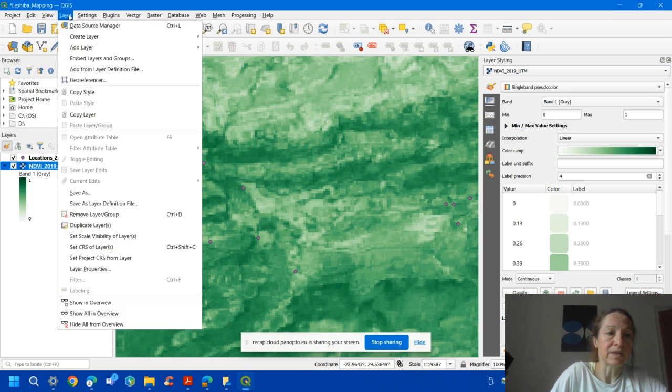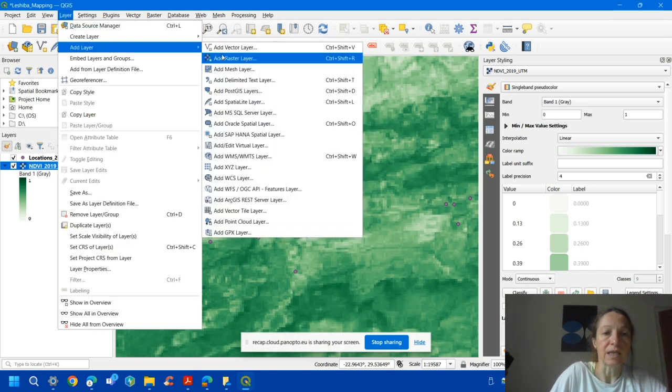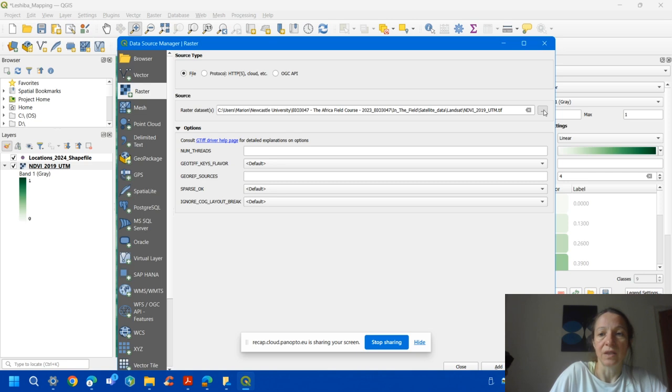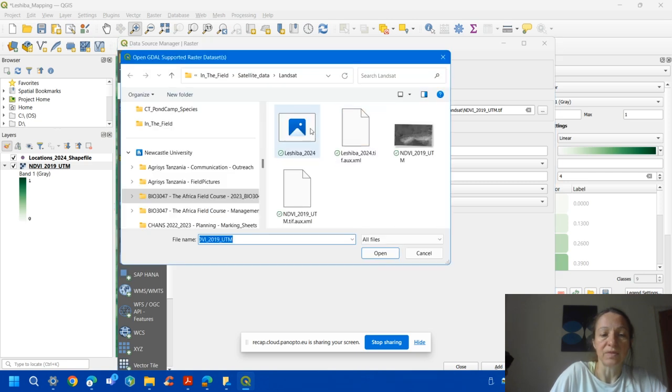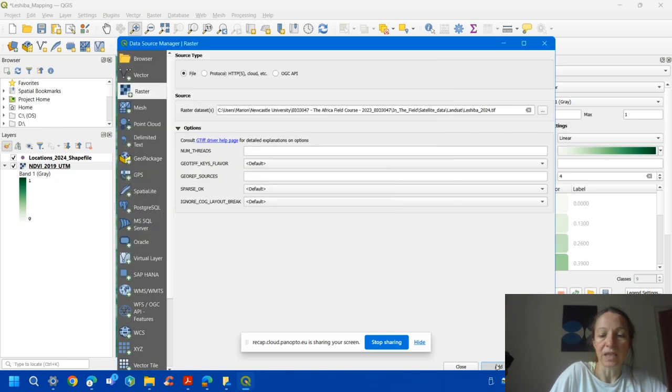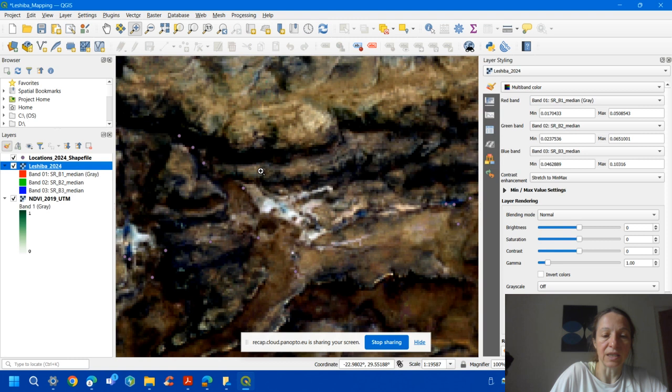So what we'll do is we load another raster layer. And this time we load the overview satellite image where all the information is still in them as if you would see it in Google Earth, perhaps, although it's slightly different spatial resolution. So you click on the Sheba 2024 and you add that, and then you close it,